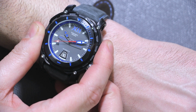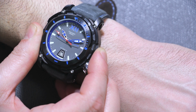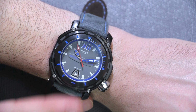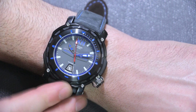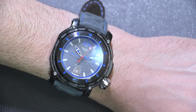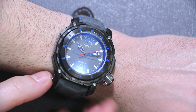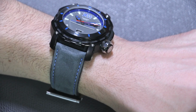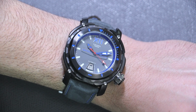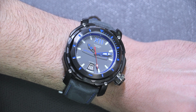Even though inside of the watch is a Swiss-made movement, it says Swiss caliber, and the reason for that is these watches are assembled in Florence, because Visconti is an Italian brand located in Florence. It says Visconti Firenze, just in case you didn't know, very proudly Italian brand. And it's interesting because there are other Italian watch brands, like, quote unquote, Panerai, but Panerai is for the most part basically a Swiss watch brand. So I think what Visconti's trying to do, which is admirable, is bring back watchmaking to Italy. They're not making their own movements, they're Swiss movements, which is probably a good thing for right now until they're able to make movements. It's cool that they're doing the assembly